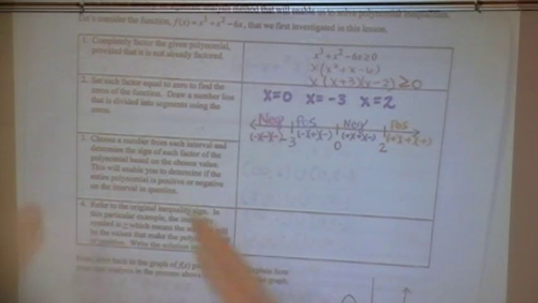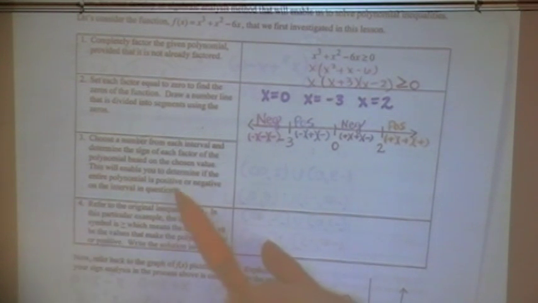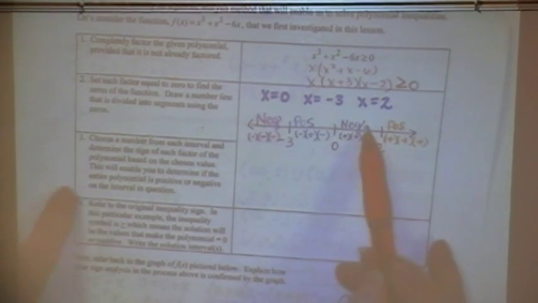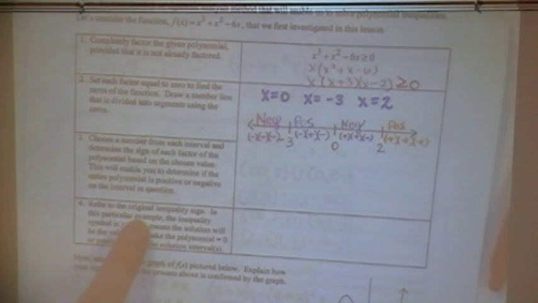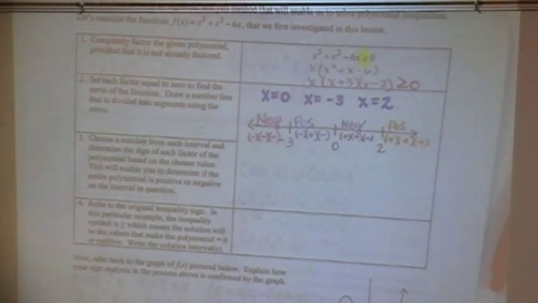Alright, so we just chose a number from each interval, we determined the sign. This enables us to determine if the entire polynomial is positive or negative in each interval. So we've determined what happens. Now, refer to the original inequality sign. So I go back up and I look, and it is greater than or equal to 0. So now I just have to look at my region